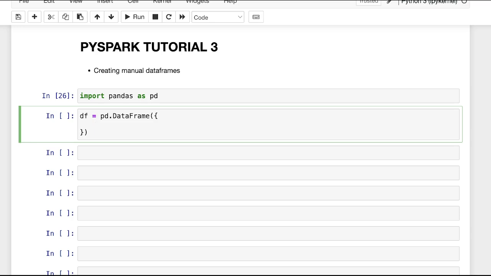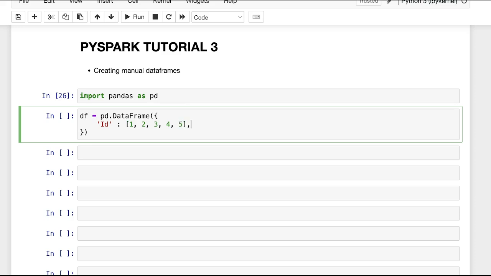In that case, the first column that you want is ID, and after the colon you will provide a list of values you want. Just keep one thing in mind, that every list should have an equal number of values. Like if you are having 5 values in your list of IDs, then you should also have 5 values in other columns like name, age, salary as well, because you want an equal number of values in every column. So let me provide it with the 5 IDs. These are the 5 IDs we have.